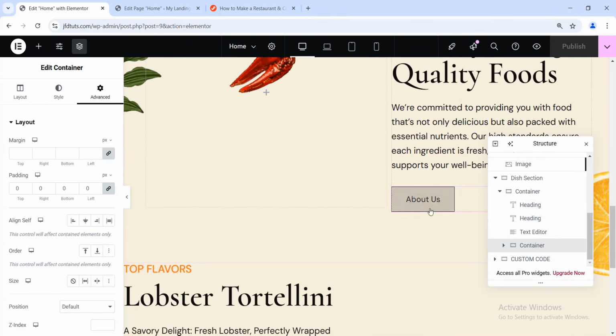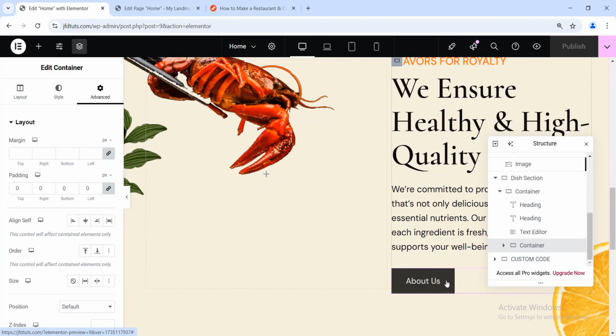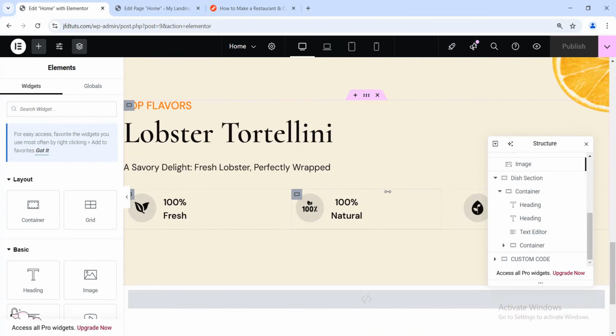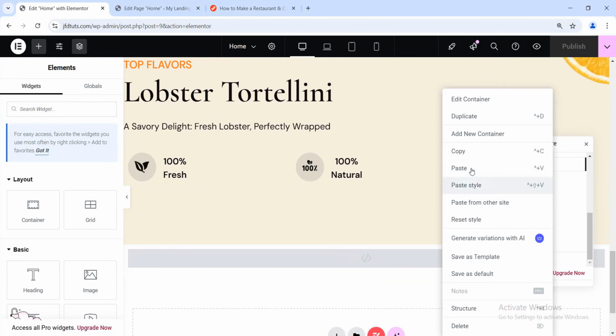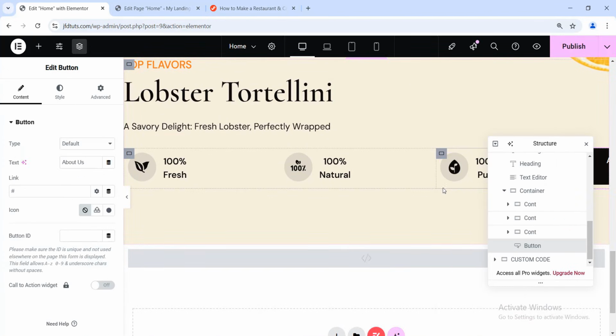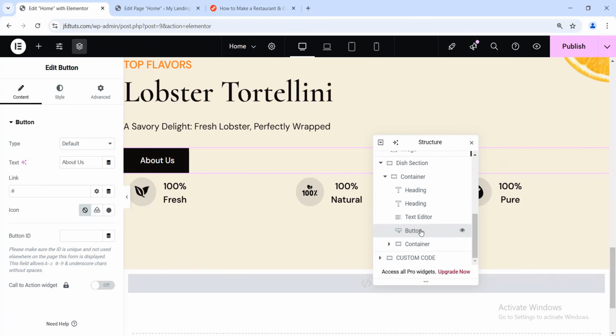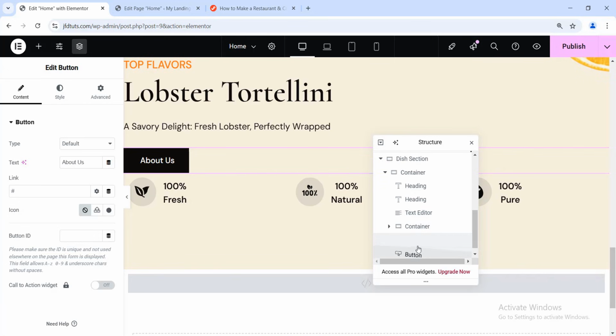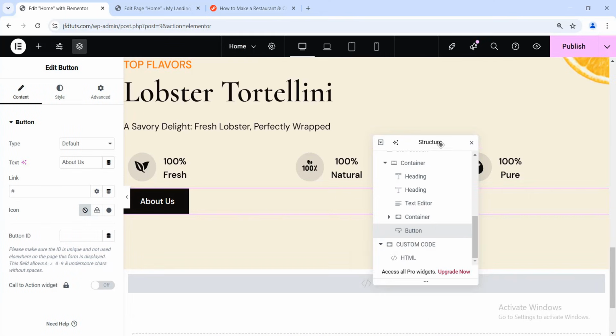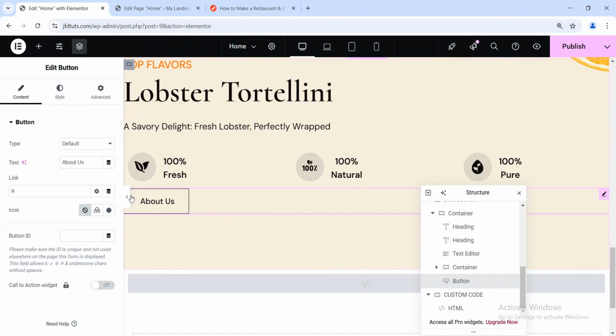I want the button exactly the same as this one, so we can just copy this one and paste it right after this container. I'm just pasting, although this is not outside of this container, so I'm just gonna drag this and make it outside. Then drag this to the bottom. Okay, now this is outside of this container and under this container. So I just need to change the text now